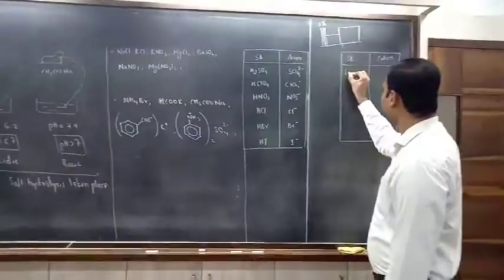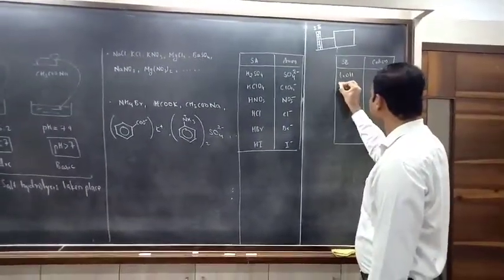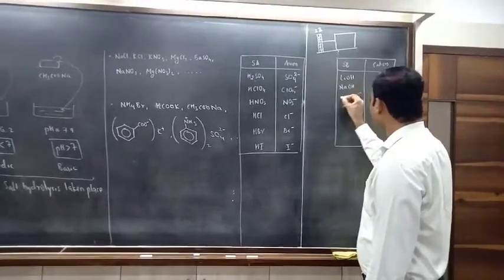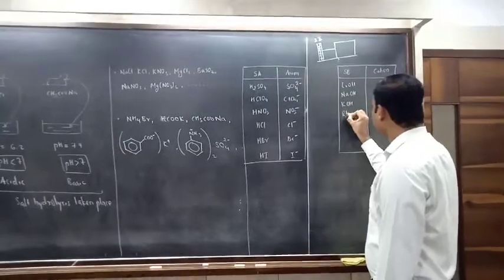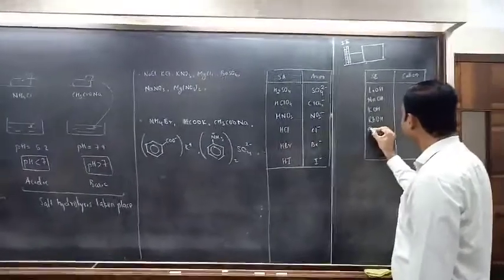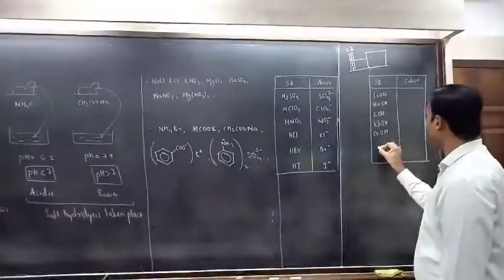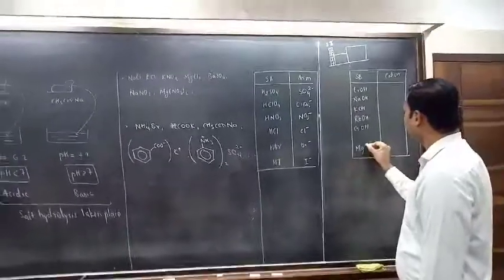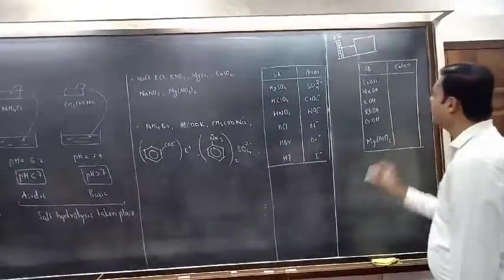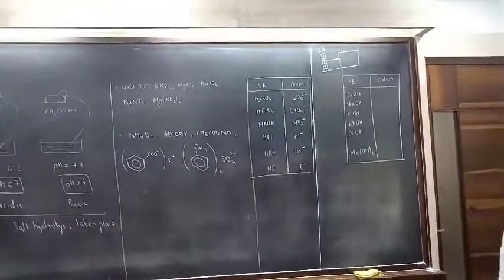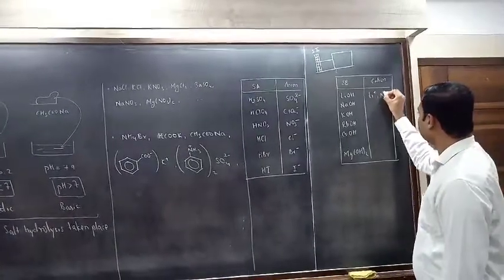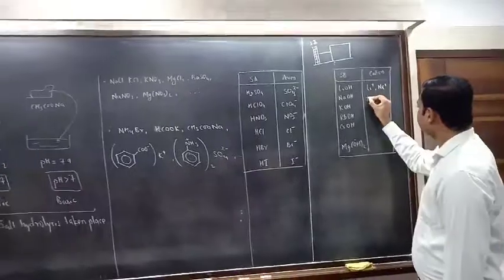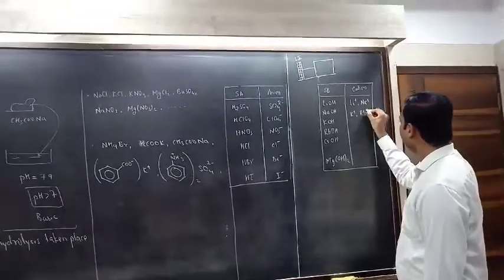For example, lithium hydroxide, sodium hydroxide, potassium hydroxide, rubidium hydroxide, cesium hydroxide. Like this you can write numerous. And here my intention is just to give you a list and not all the exact details. So what are the different cations present in them? Li+, Na+, K+, Rb+,